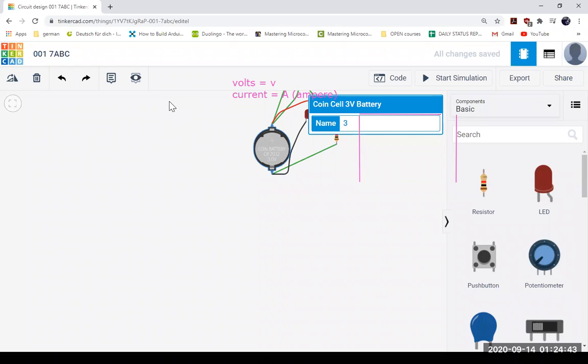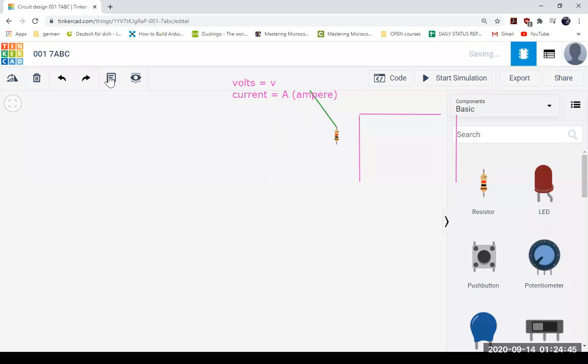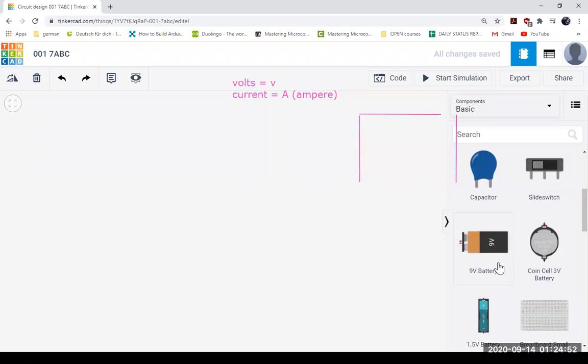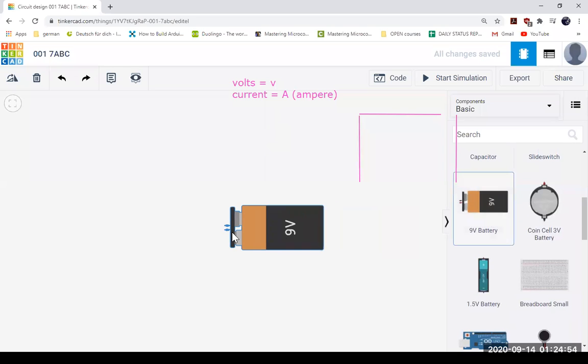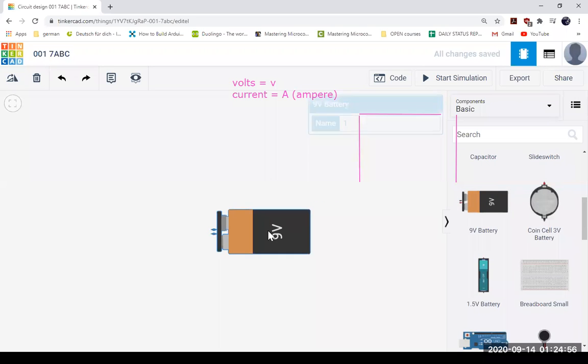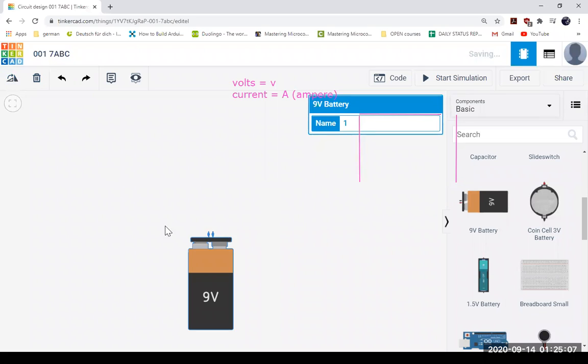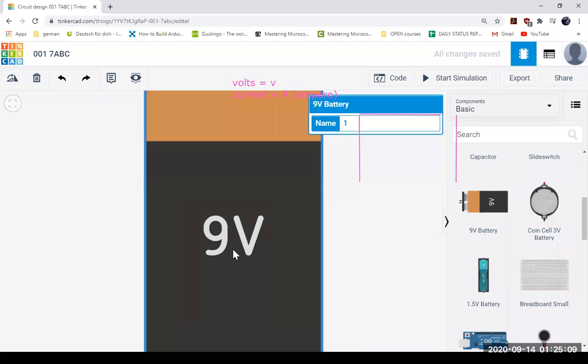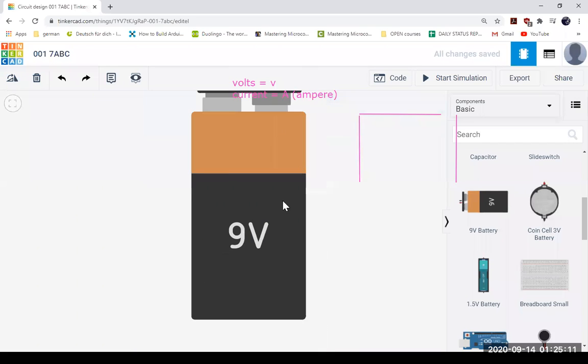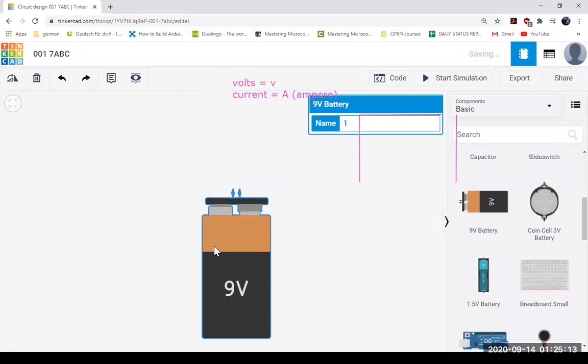So basically, I have a battery. The battery is the source. Always remember, the battery will be giving power to our system, right? Everybody knows. So the power will be given, and the name you can see, it's a 9 volt. So it can supply 9 volt.